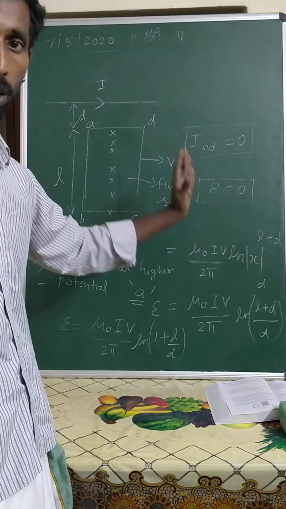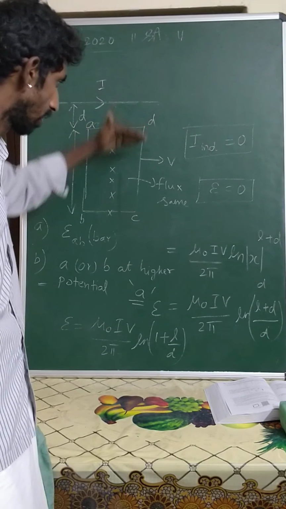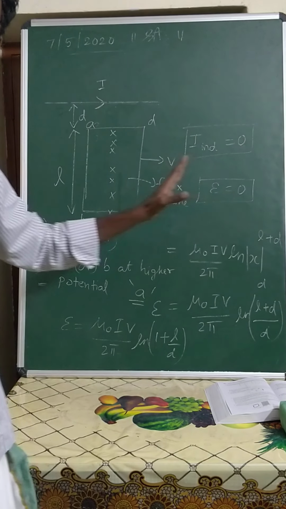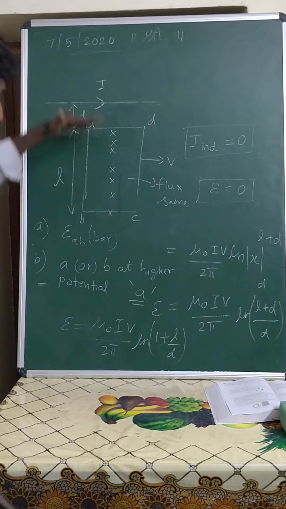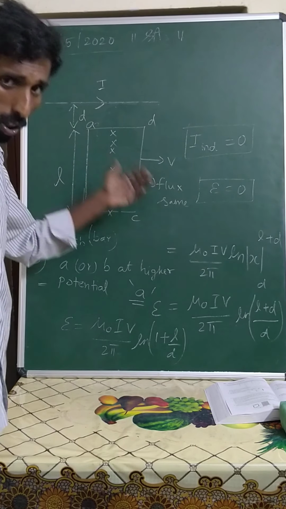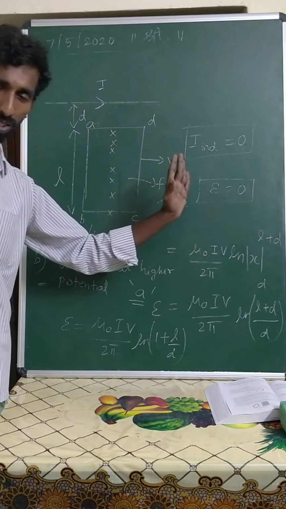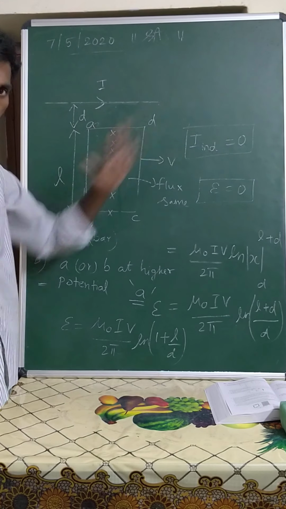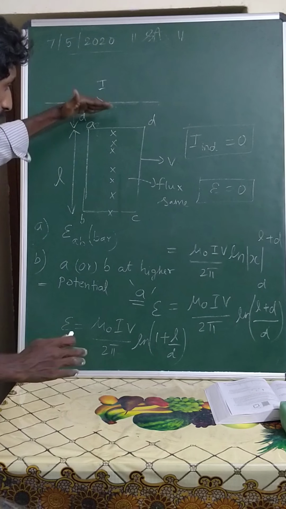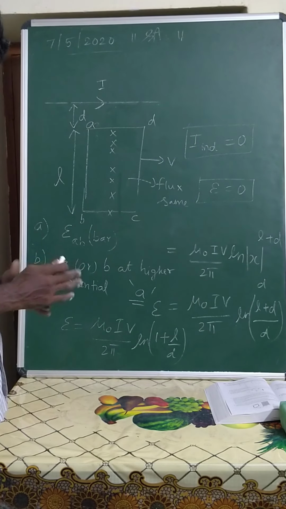In the rod case, if we move the rod, the field is still acting, but it keeps changing from this end to that end, and it is moving with a velocity. Because of the Lorentz force, the charges will move from this end to the other end. That is what I was talking about there. But here we cannot explain using the Lorentz force. Here this is a closed loop. If I move the closed loop in this direction, consider the individual parts. This conductor is moved in this direction, so it will have this side force. Similarly, this will have this side force. So there will be no current.